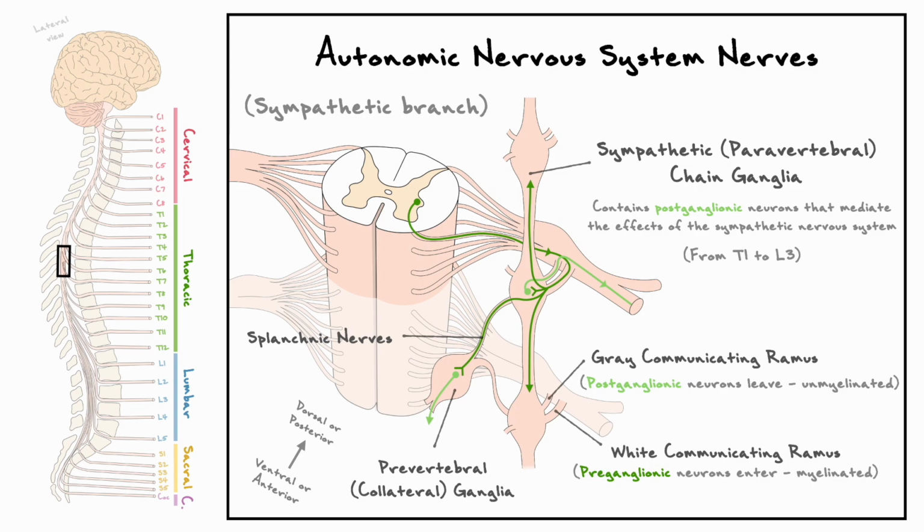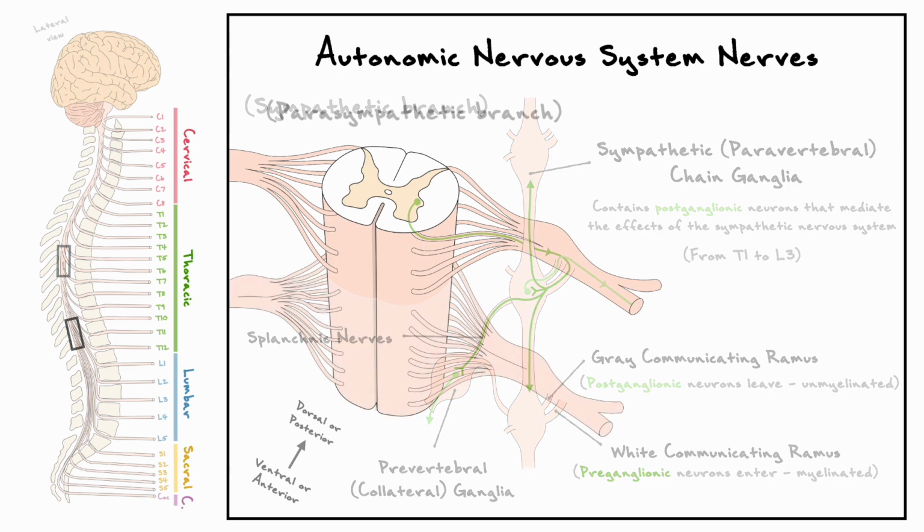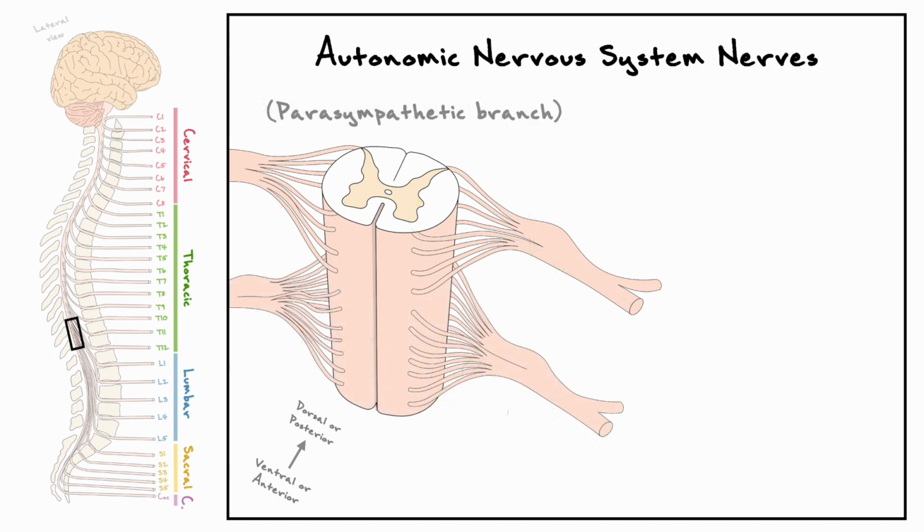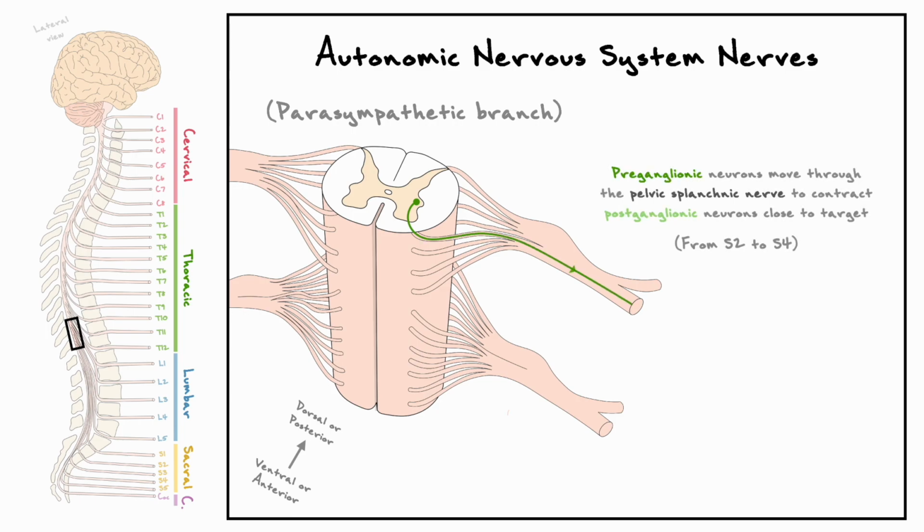Now, keep in mind that this structure is simply for the sympathetic nervous system, and the parasympathetic nervous system uses different pathways to reach its targets. Indeed, apart from the preganglionic fibers that arise from the brainstem, the segments S2 to S4 in the spinal cord have preganglionic fibers that leave the ventral root, and by way of the pelvic splanchnic nerve, they reach their postganglionic